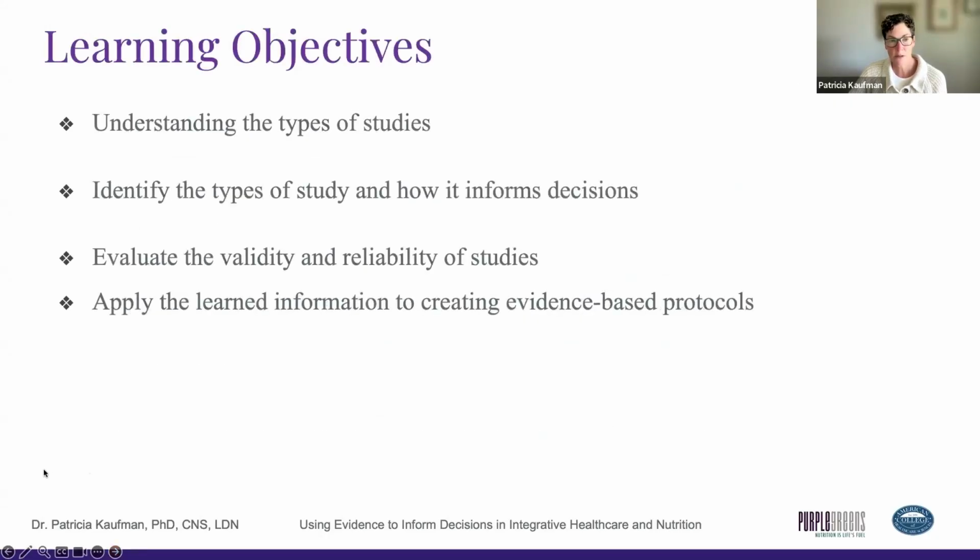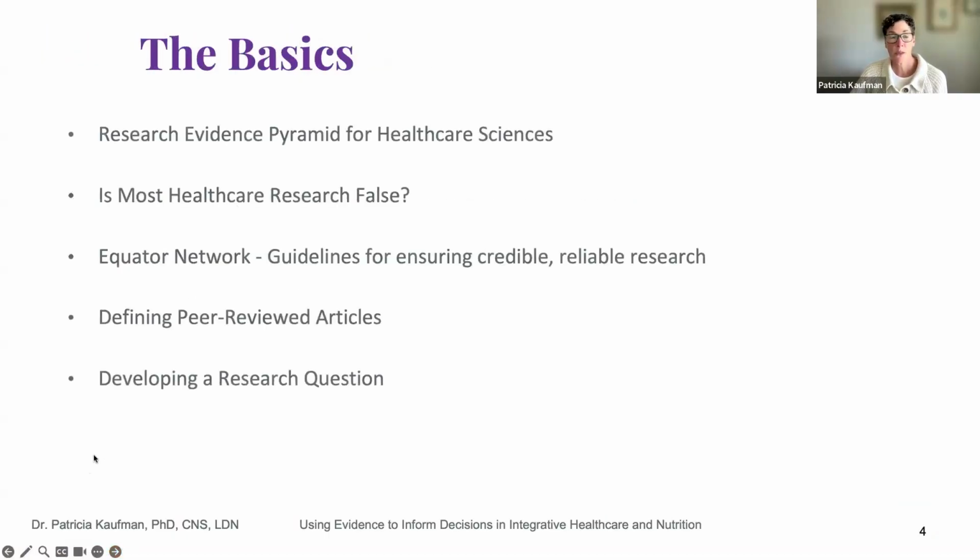So today, our learning objectives are identifying the types of studies and how they inform decisions, evaluating how studies are valid and reliable, and then using what we know to create evidence-based protocols. If we start from the basics, we will go through each of these in a second. We're going to talk about the research evidence pyramid for healthcare sciences, and that can help guide our decisions on what type of studies we use to inform